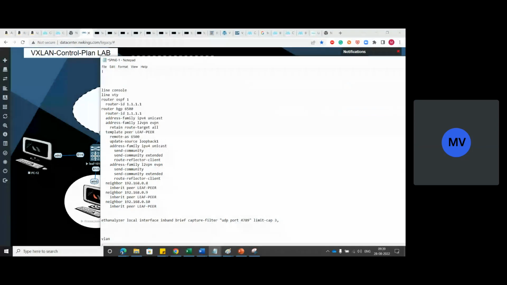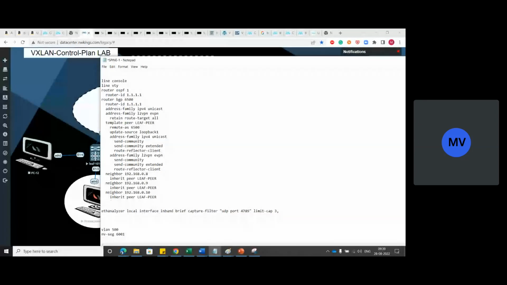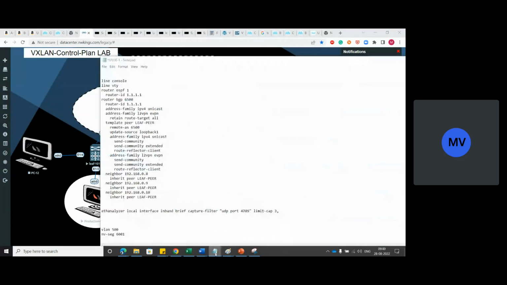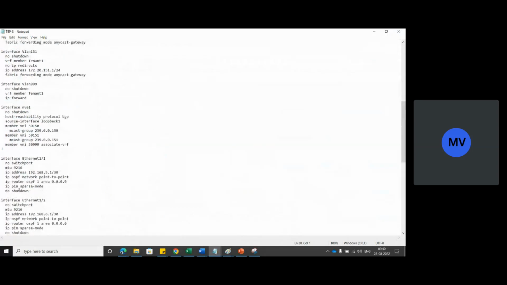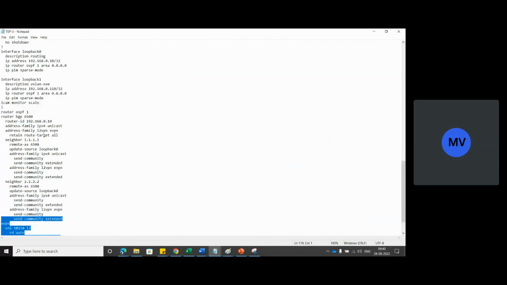VLAN like 500, and VM segment going to create 6001 something, okay, on all the switches. Yeah, and we will try to do data plane configuration. We will not call any RD/RT configuration. We will not do any kind of extra configuration which we have done for this. The moment you remove all of this, all the basic configuration will be done via the